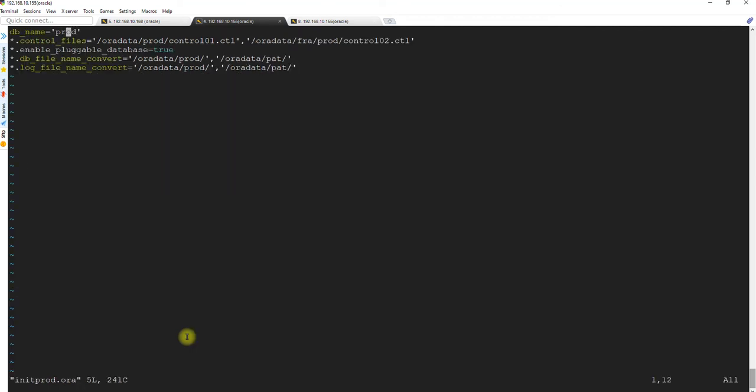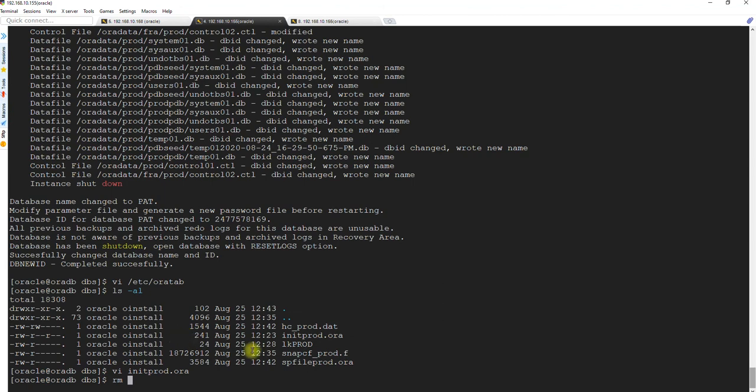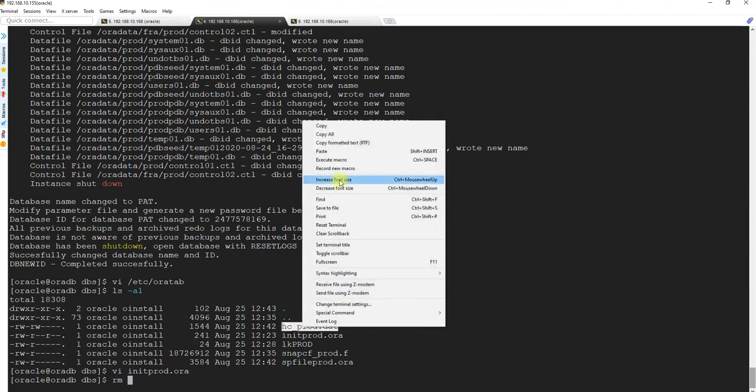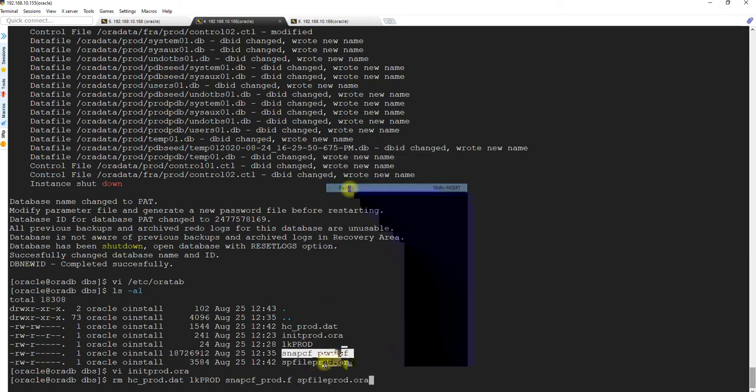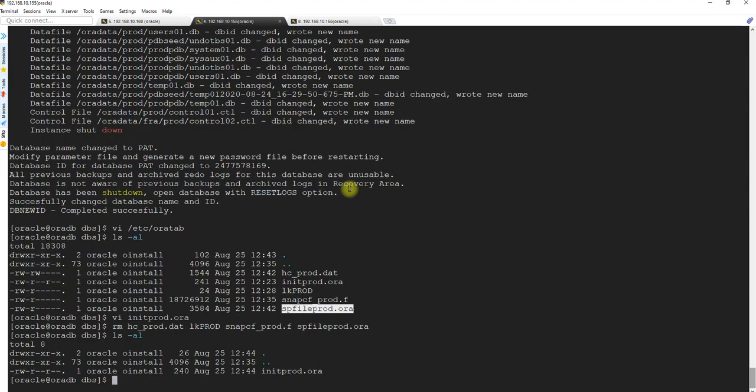Change this name as well. Remove the other confusing files. Anytime we can create the SP file again, so don't worry about deleting it as long as we have a backup and the init file. Good, the database is shut down, everything looks fine.